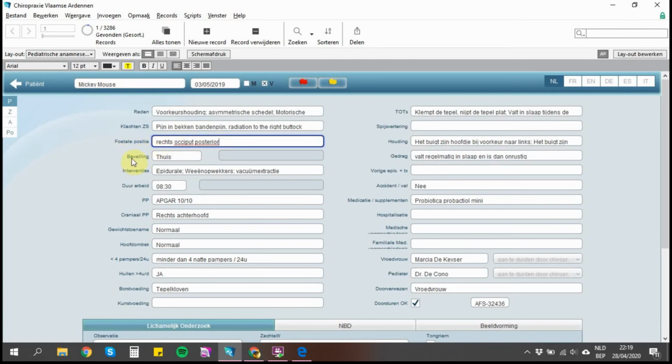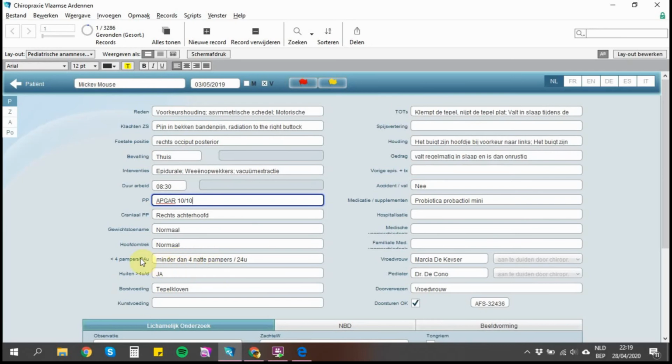Fetal positioning for the birth, and you can add some other information, for example, first at home and then to the hospital. The interventions, it's not possible of course at home, but it's an example. You can add extra info here about labor,